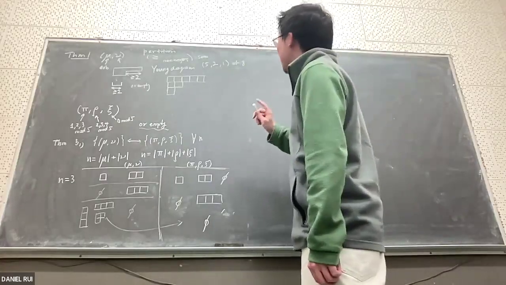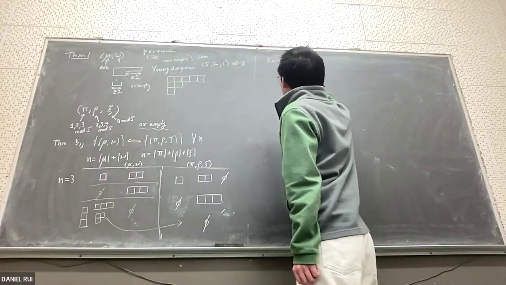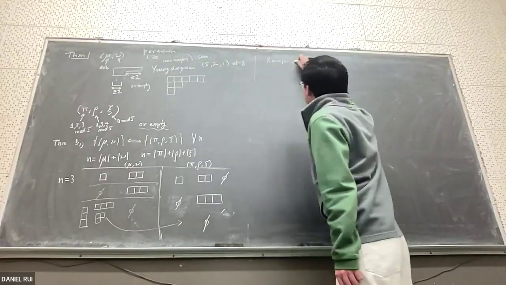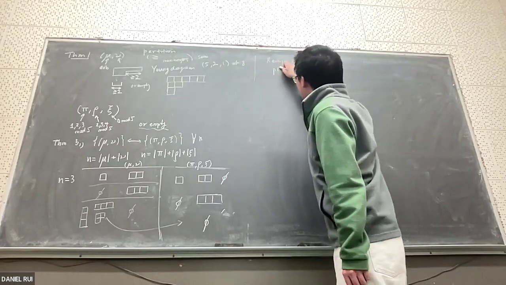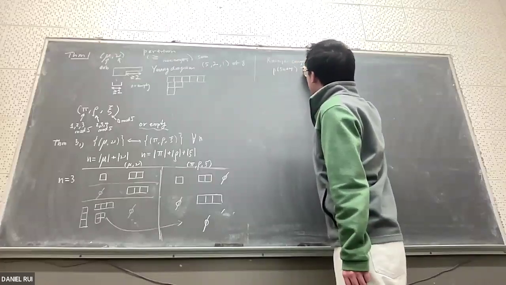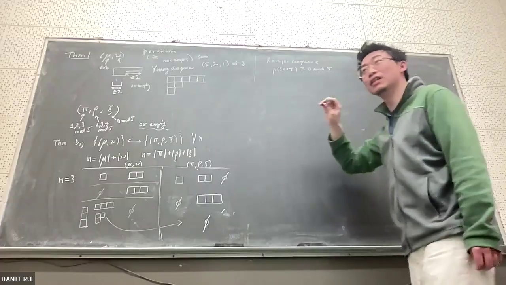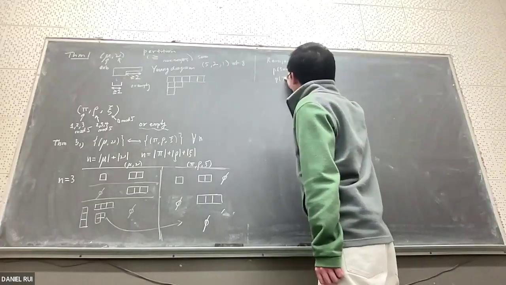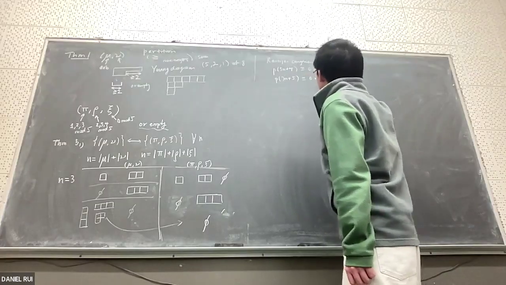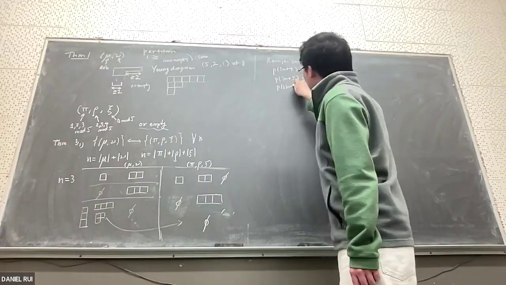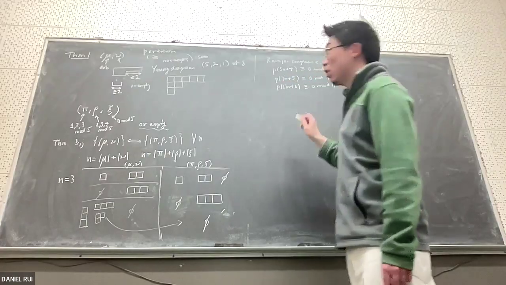Yes, there's another theorem. It's called the Ramanujan congruence. Which says that phi of 5n plus 4 is congruent to 0 mod 5 for all n. And also phi of 7n plus 5 is congruent to 0 mod 7. And also phi of 11n plus 6 is congruent to 0 mod 11 for all n. And in fact,